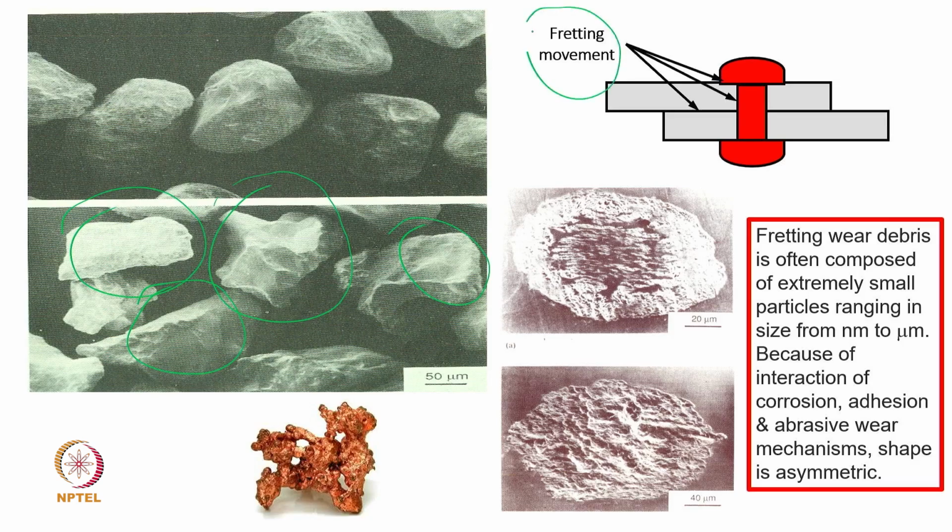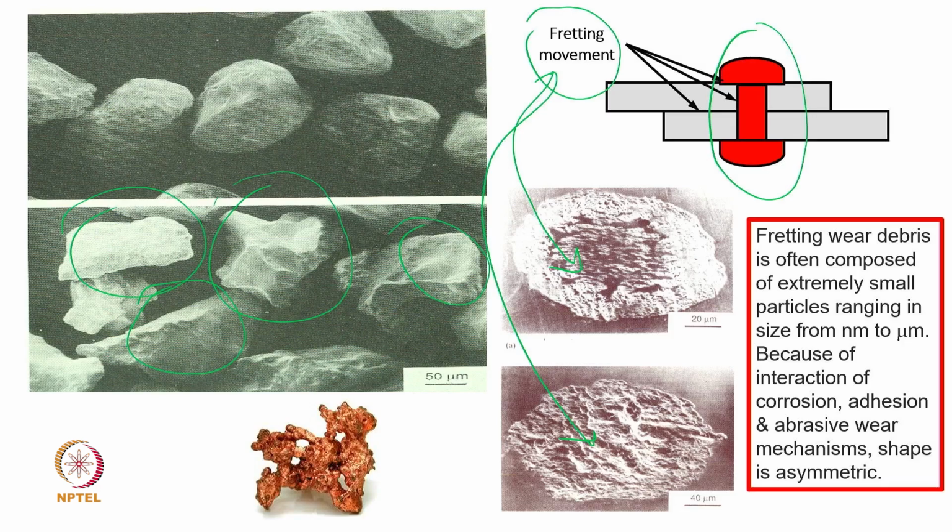Look at the fretting movement, the kind of fatigue failure which we have studied, and we know that fretting wear will cause this kind of surface, or will cause this kind of surface. They are very difficult surfaces, and then it happens like a silent death. That is what I used the word last time also, that there is a silent death kind of thing, and it happens mostly for joints like nut and bolt joints or riveted joints, something like that. So, when this kind of joints are there, what will happen? There will be some sort of micron